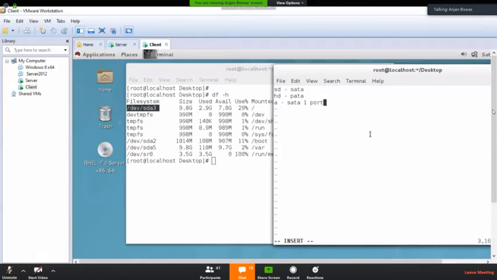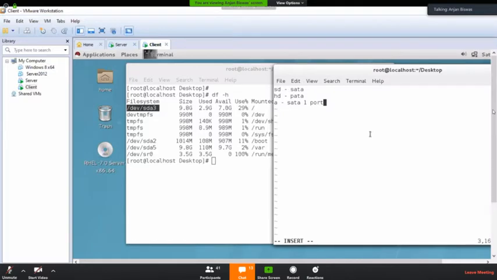So if your hard disk is connected, it becomes SDA, SDB, SDC, like that. SATA 1 port is connected to SDA, SATA 2 port is connected to SDB. It means the hard disk is connected.